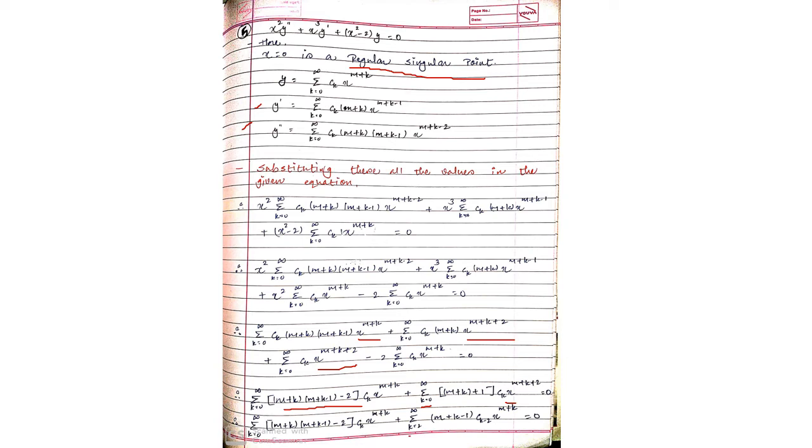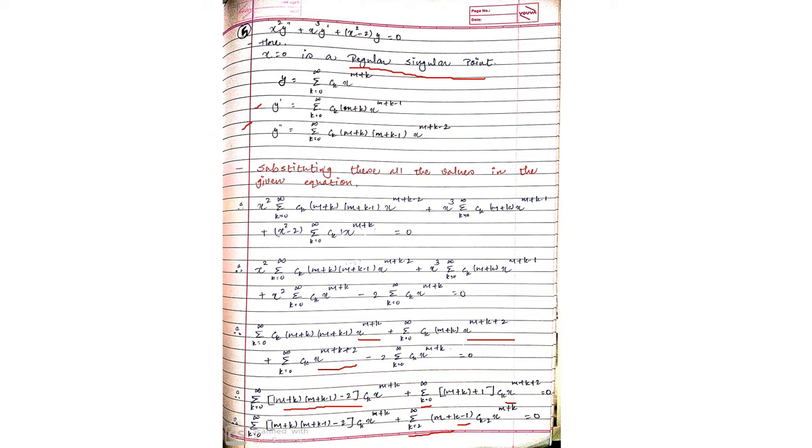So I have here applied, putting k equals to 2 to infinite. So here it becomes m, in place of k, k minus 2. So k minus 2 plus 1, so that will be k minus 1. Here will come c k minus 2 and here will come x raised to m plus k minus 2 plus 2, that will be cancelled out, right? So the remaining term will be this one.